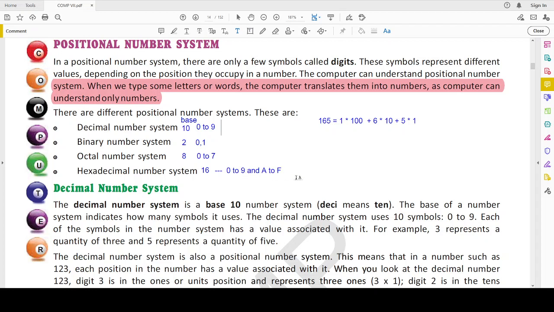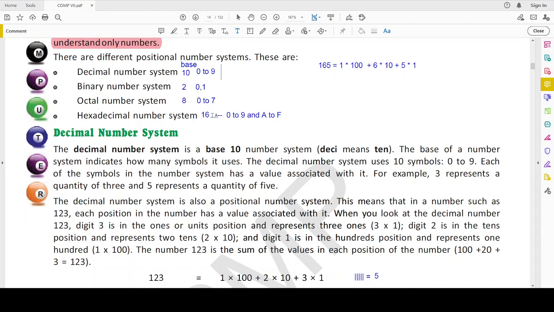So how many representations are there? 0 to 15. That is 16 representations, 16 digits, right? You will see this again. There is a tabular form of representation. It is written there, right? So let's